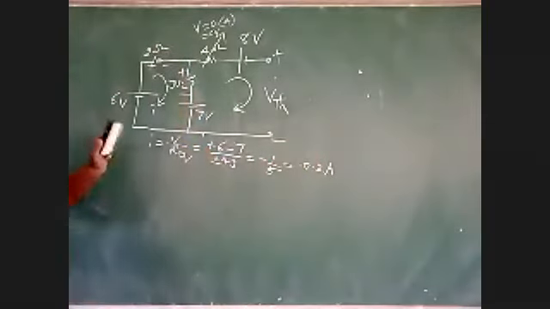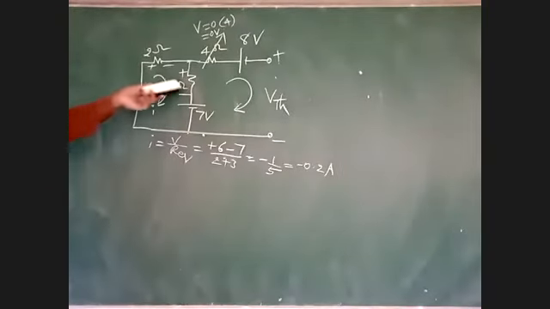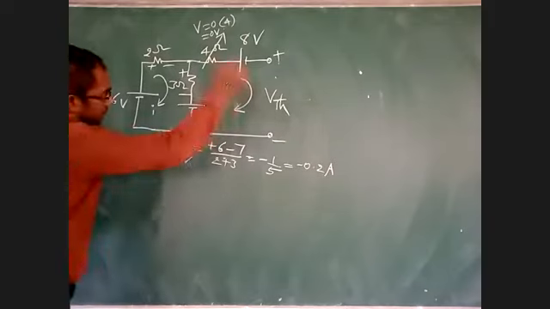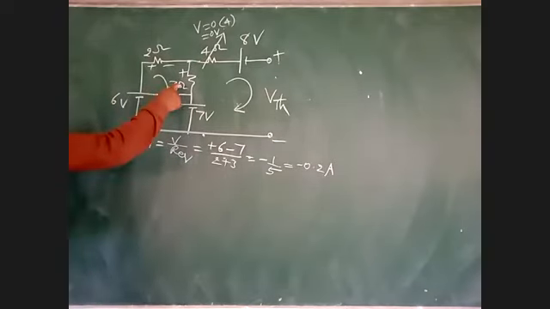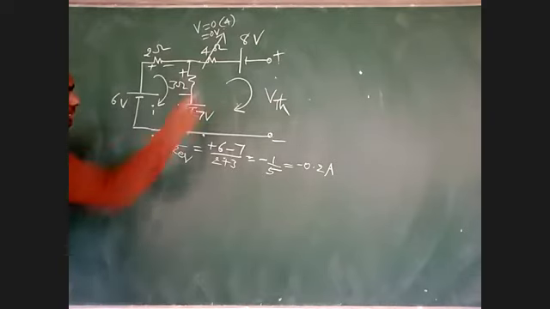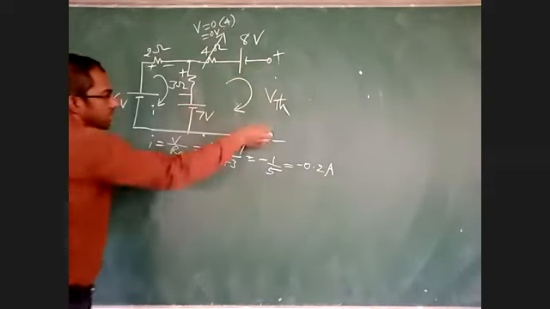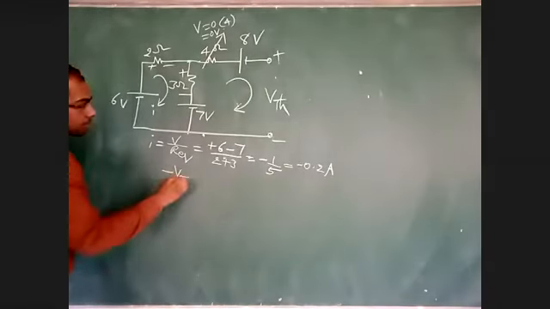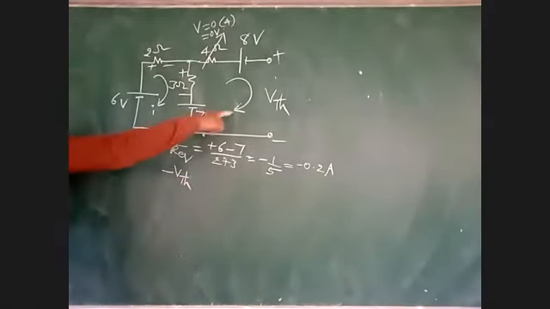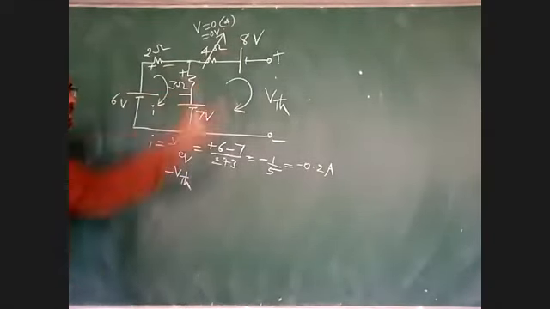Yes, sir. This is the current flowing in 3 ohms and 2 ohms, because in series the current will be the same. Whatever current is flowing in 3 ohms, the same current will flow in 2 ohms. Now I will go for VTH. I have got the current in 3 ohms. Then I can write the loop equation by considering the reference direction from plus to minus. We can consider this direction or the reverse direction; we'll get the same answer for VTH.